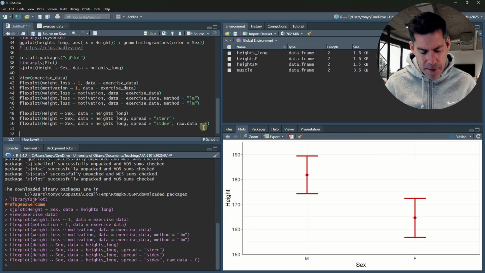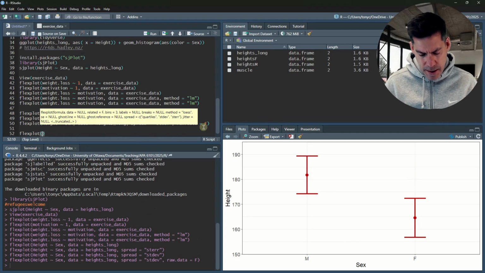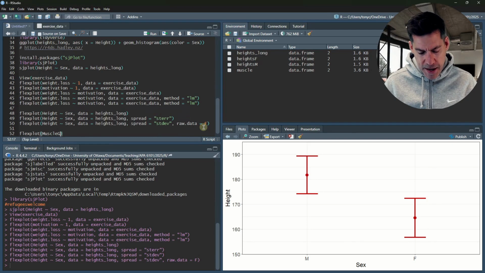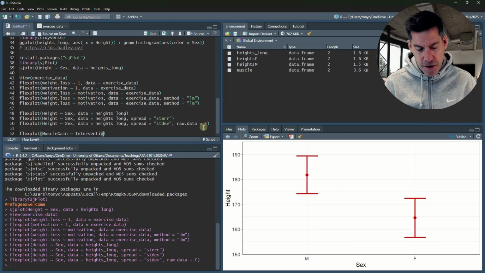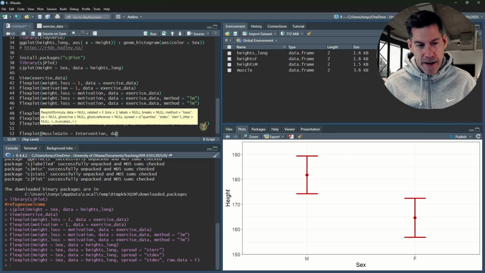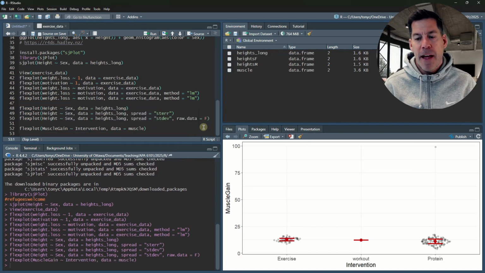So if I use the command flexplot, muscle gain as a function of intervention, comma, data equals muscle, I believe. Yes. That should give me